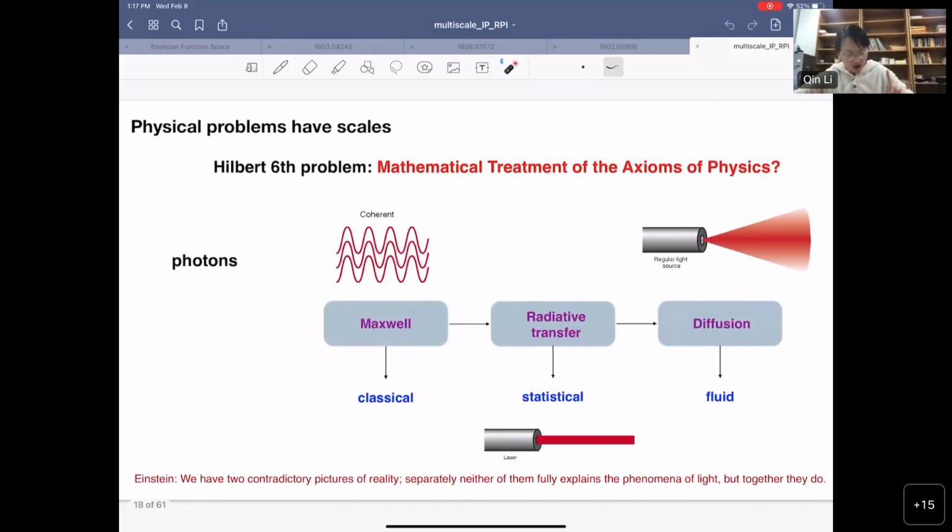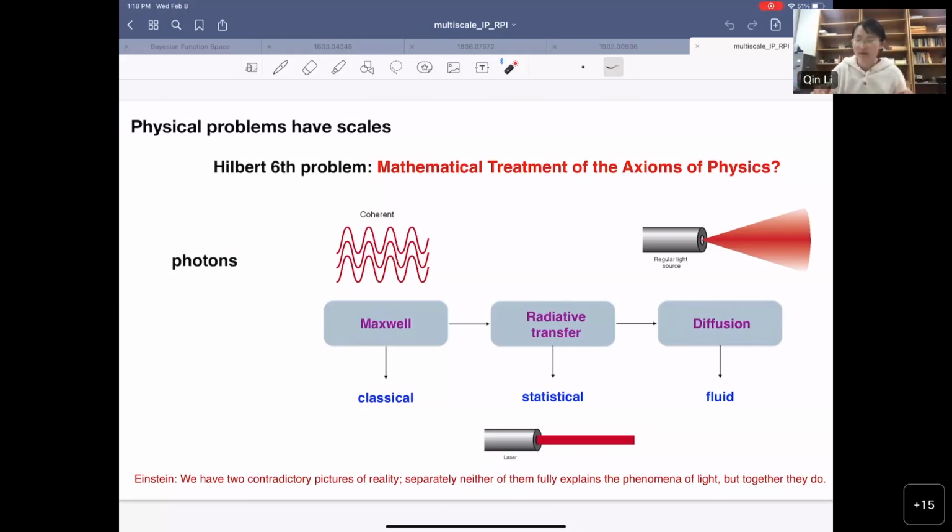So this kind of phenomena made some people mad and some people happy. It made physicists really happy. For example, Einstein, I don't know if happy, but let's say it's happy. Einstein basically drew the conclusion of the wave-particle duality. He was saying that light cannot be purely described as wave, and cannot be purely described by particles. Only by combining them can you understand light propagation. So it's a very new phenomenon.